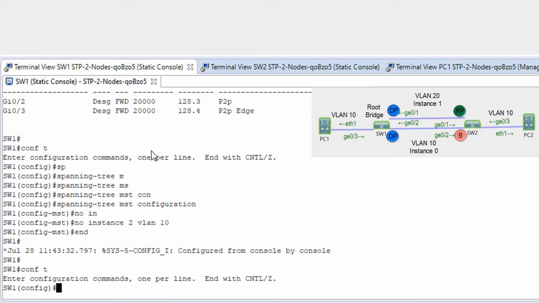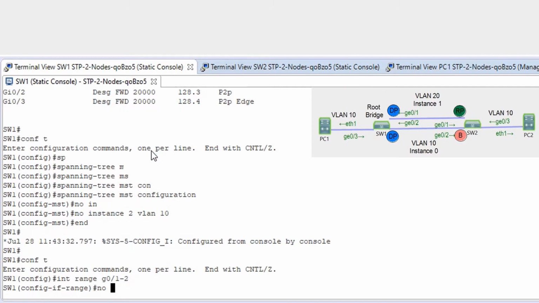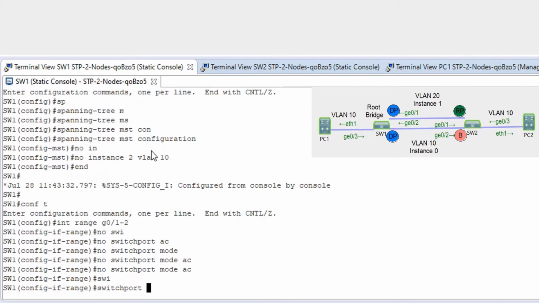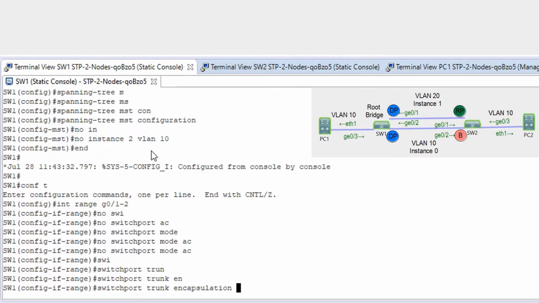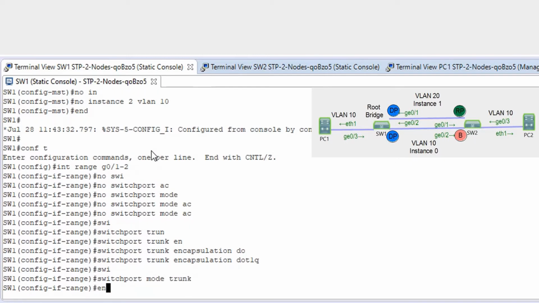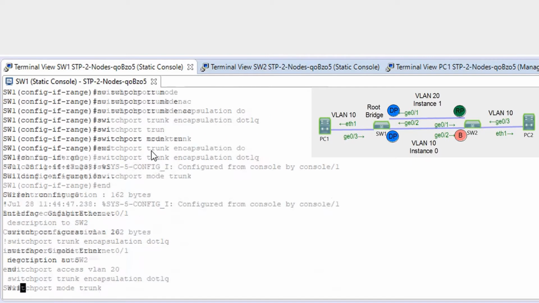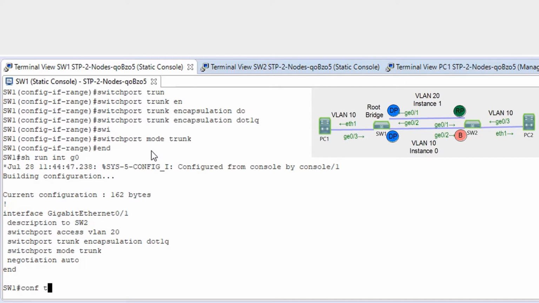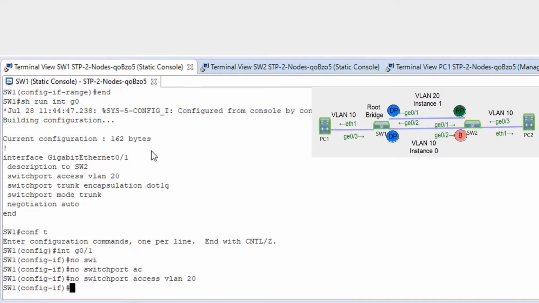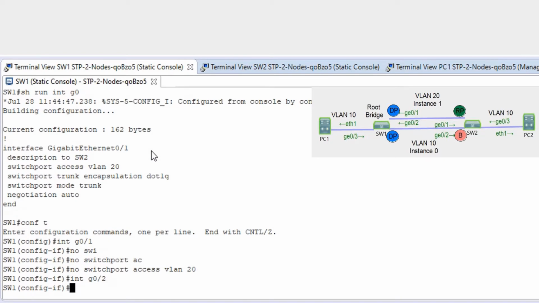Conf t, interface range G01 2, no switchport access VLAN, no switchport mode access, switchport trunk encapsulation dot1Q, switchport mode trunk. Show run interface 01. Conf t, interface 01, no switchport access VLAN 20, interface 02,